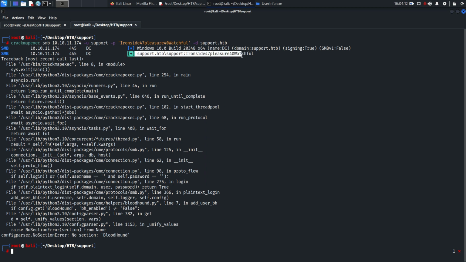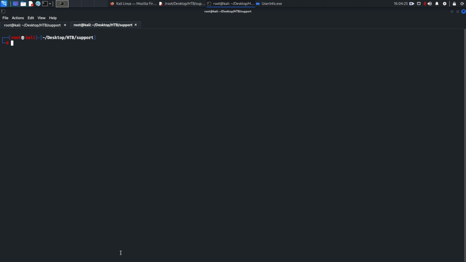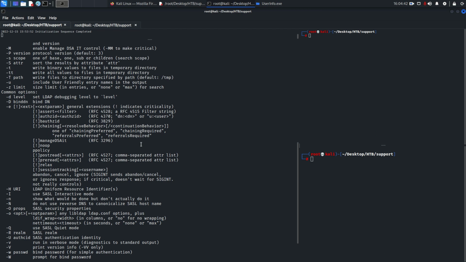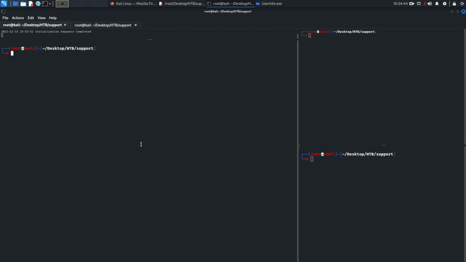And if you see closely, we didn't get Pwn3d here, but we can access this in some way, maybe psexec, or let's try something like checking if the WS-Man port is open or not. So nc -zv -p 5985, this is the WS-Man port on 10.10.11.174. If this port is open, we can go for evil-winrm. Until then, we can come here and we can execute